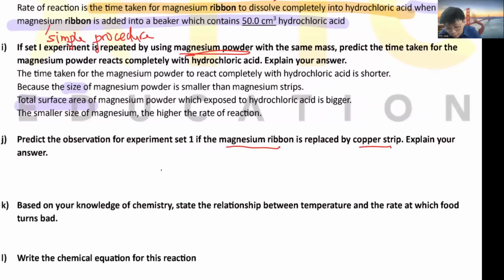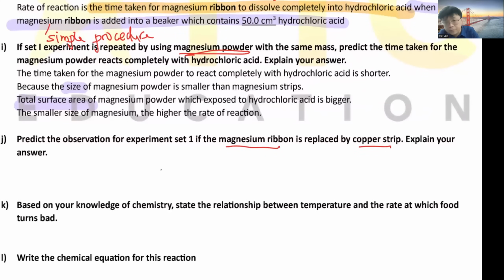Now, for this one, you see, based on the electrochemical series, the electrochemical series,